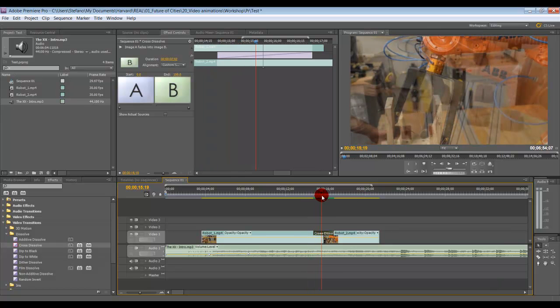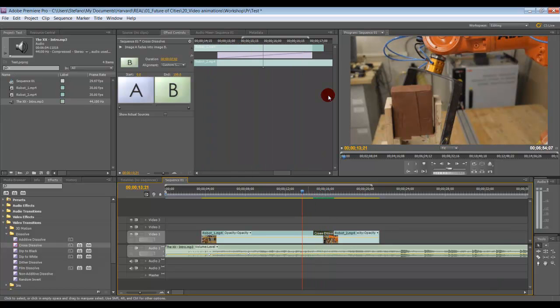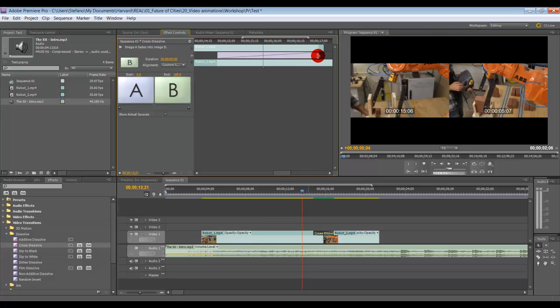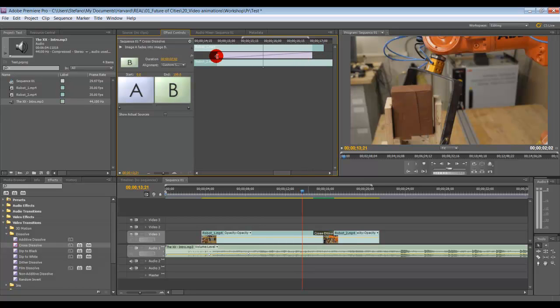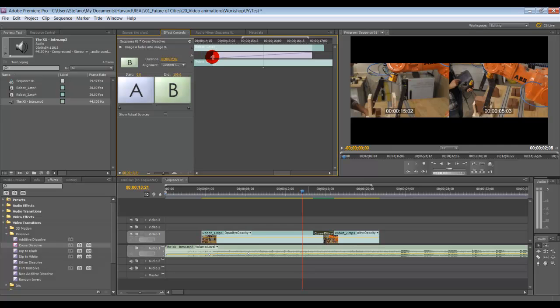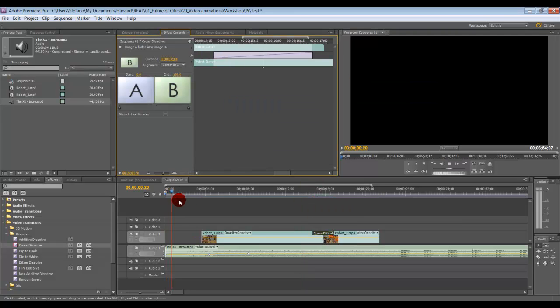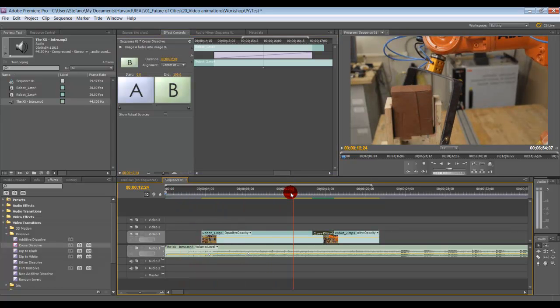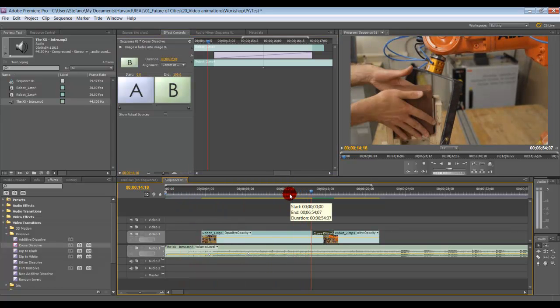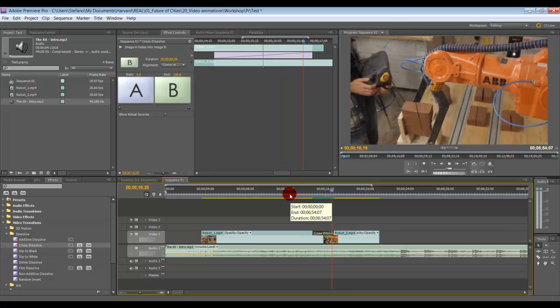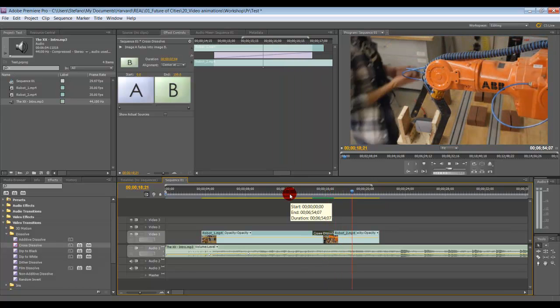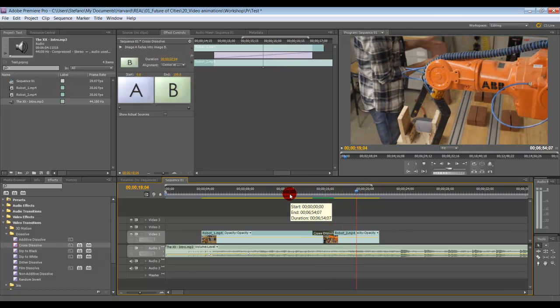That's one of the effects we can add. We can also do it manually. We can extend the duration, click enter, and then see the preview. You can see now we made the fading and the blending of the two clips longer. So we can add